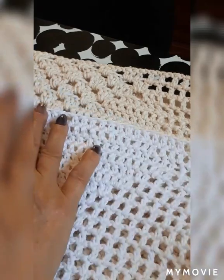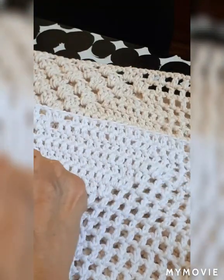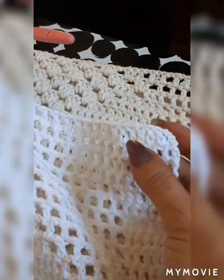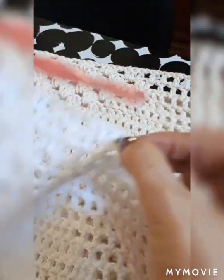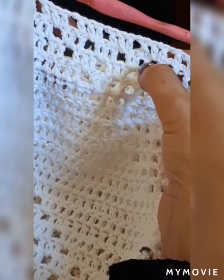Okay, so once I finish row 22, I will come back and show you. Okay, so I pretty much finished doing row 22. Your 7. Then you have 1, 2, 3, 4, 5, 6, 7, 8. Your 9 squares. Your groups, you have 4 groups of double crochet with 1 chain separation, and by skipping 1,